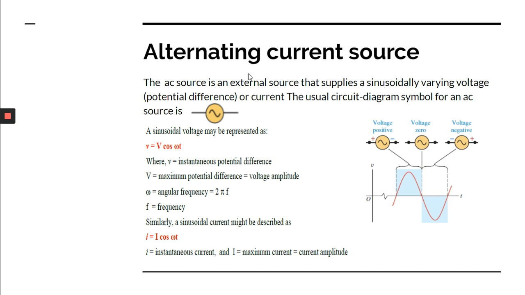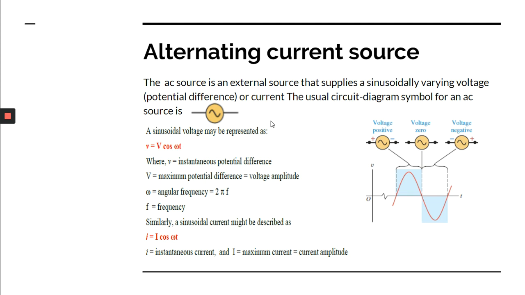That means when you say a voltage source, this source supplies a voltage. When you say an EMF source, it also supplies a voltage, nothing else. But simply when you say EMF source, you are saying a DC source. But when you are saying an AC source, it supplies a voltage which varies sinusoidally with time.